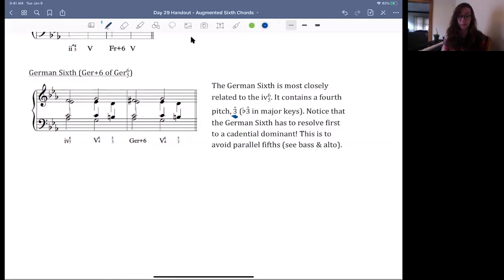a major key. Now, if you look at the resolution here, you can just see that there's something different going on from the other augmented 6 chords. Our German 6 has to go to a cadential 6-4 before it goes to 5. And that is to avoid parallel fifths. So take a look at the bass voice and the alto voice. If they go directly,